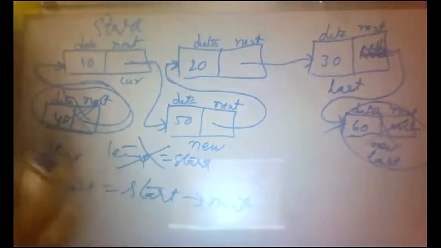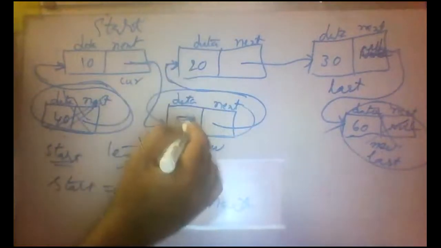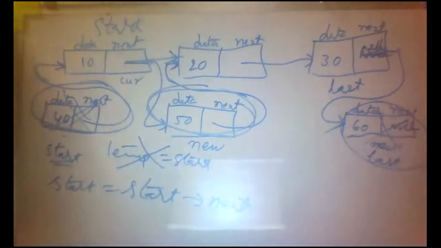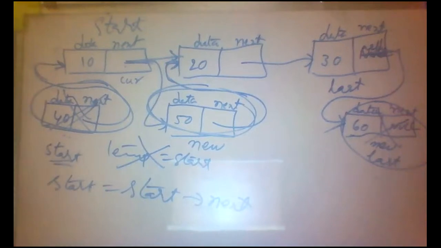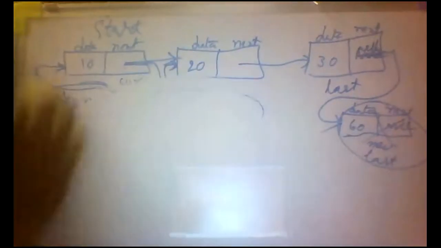Okay, clear? Next one, middle: I want to remove from the middle. Then current to next equal to this to next. This is connected. Then this is removed. All of you. Then simply here various operations. Delete an element from the beginning of the list. Delete an element from the middle of the list. Delete an element from the end of the single linked list. All of you. Single linked list.